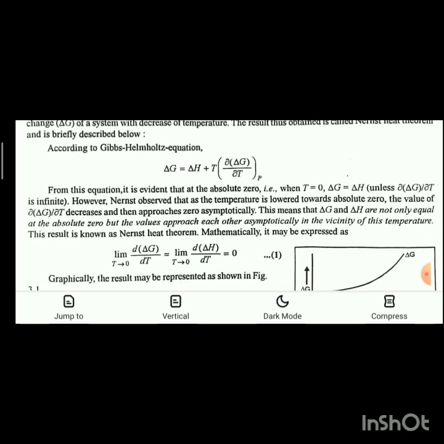According to Gibbs-Helmholtz equation, ΔG equals ΔH plus T (∂ΔG/∂T) at constant pressure. From this equation, it is evident that at absolute zero, that is, when T equals 0, ΔG equals ΔH. However, Nernst observed that as the temperature is lowered towards absolute zero, the value of ∂ΔG/∂T decreases and then approaches 0